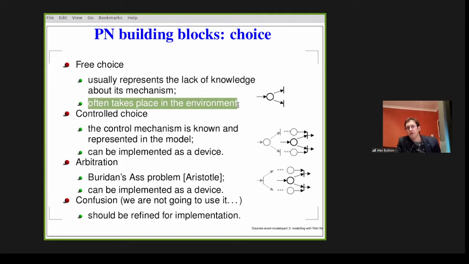From the point of view of the model of this electronic system, the environment is incomprehensibly complex, and the system does not need to know what's going on in your head. What it needs to know is that when one button is pressed, you do one thing, when the other, you do the other thing. And that's when you model the environment in such a system, you put in the free choice.